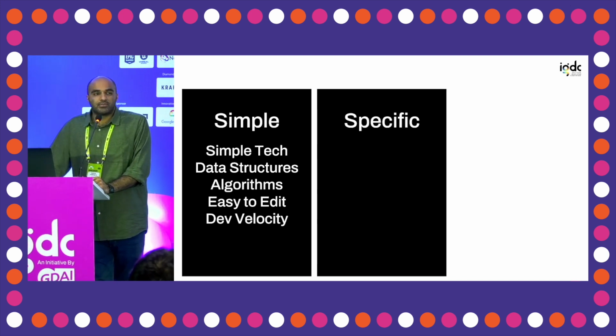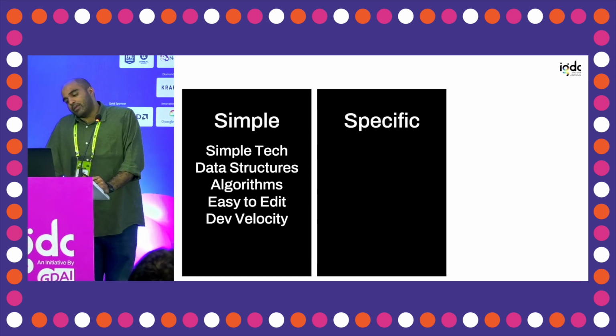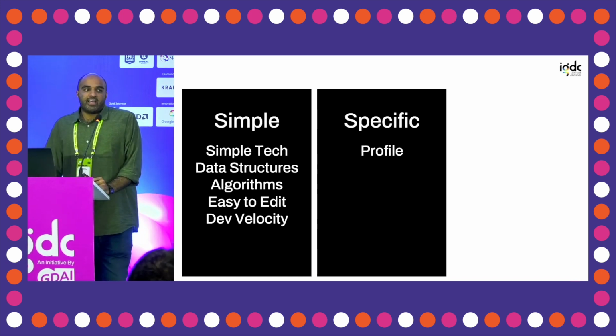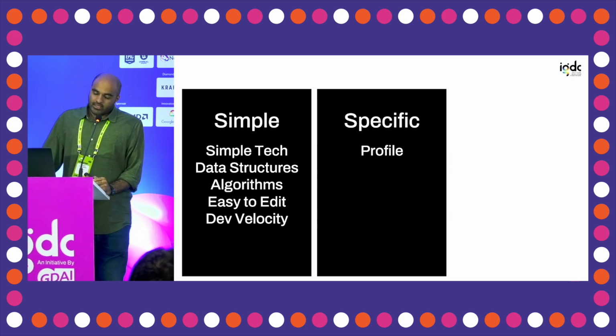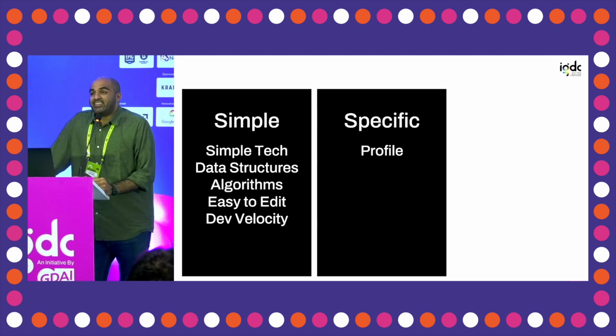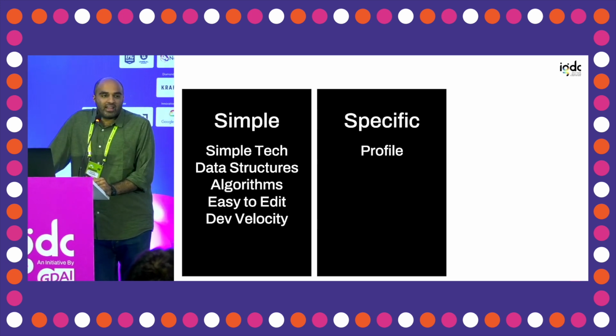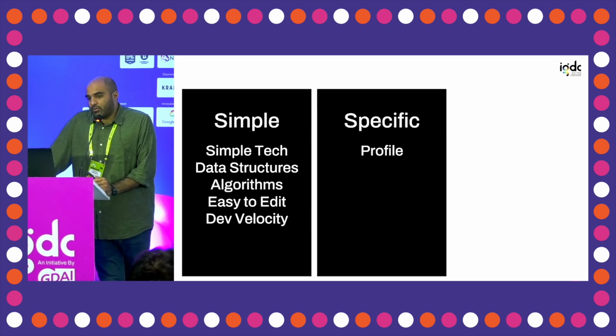So the second one is specific. Keep it specific, stupid. And the first thing to learn is to profile. I think as developers, we gain a sixth sense for what is performant and what's not. And it's a terrible sixth sense, at least mine is absolutely terrible. I think I know what is inefficient, but once I start profiling, I realize that it does not even show up on the profiler. The actual problem is somewhere else. So make sure that you're profiling, especially when you care about things like size and performance. Profiling is very important.